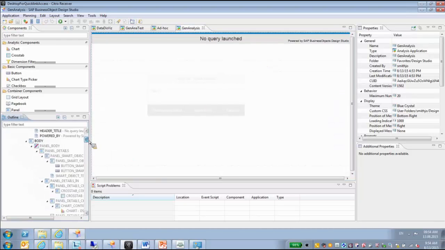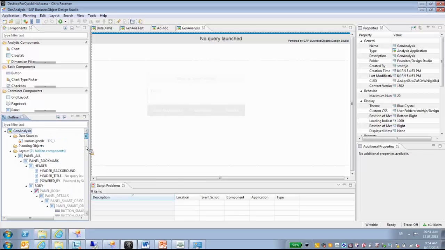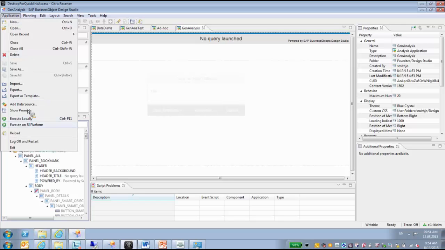As you can see, under the outline section, we have the complete list of panels and elements used for this template. Everything is in there. If you want to modify something, or create your own template using this generic analysis template, you are most welcome to come to this outline section and modify it the way you want. And then once you have it, you can go to